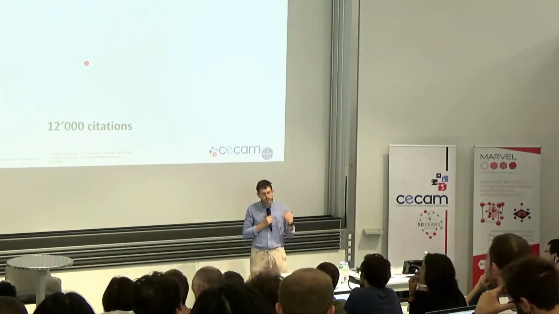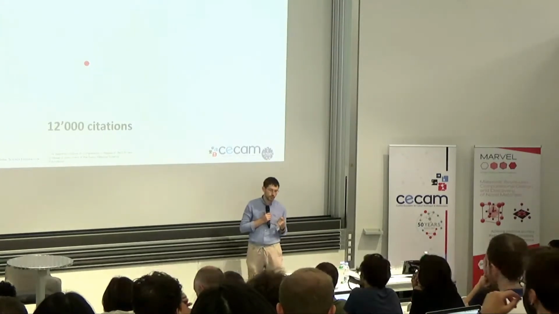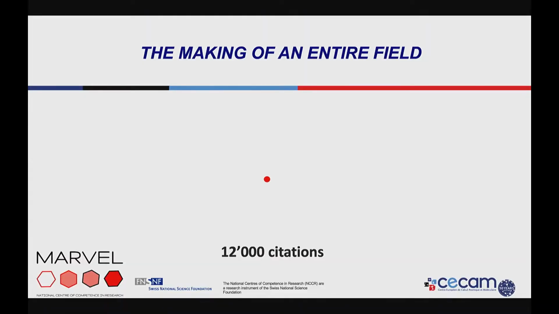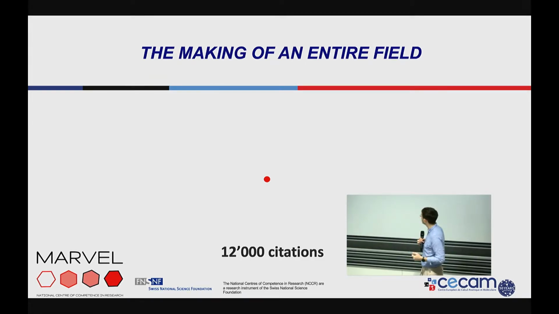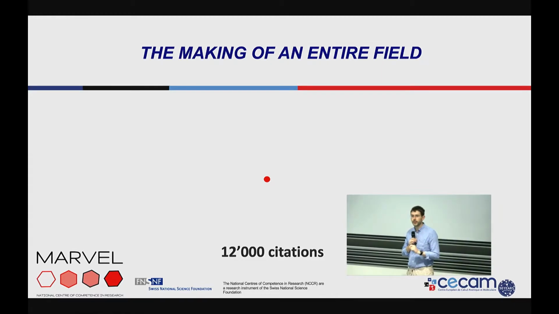And then you can also look at citations in a different way, because what is special about the Car-Parrinello paper is that it was not a standalone spike that then was used, but it was really something that laid the seed for the growth of a new field and a new community. And you can see this by looking not only at the Car-Parrinello paper, but also at the papers that cite the Car-Parrinello paper and the papers that cite the papers that cite the Car-Parrinello paper.